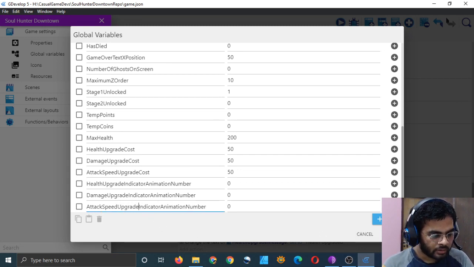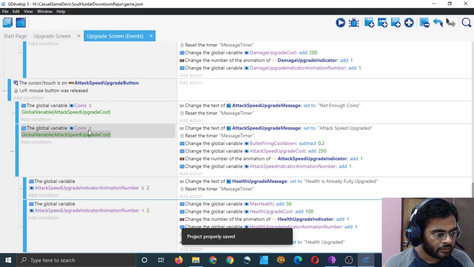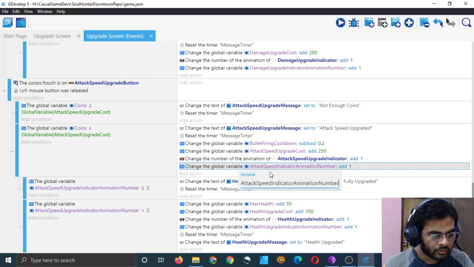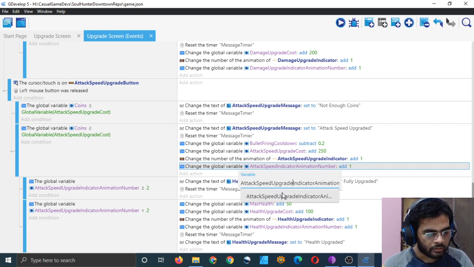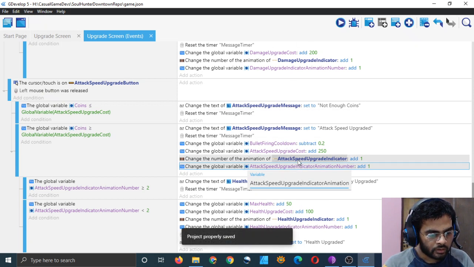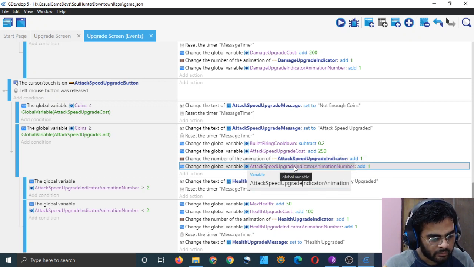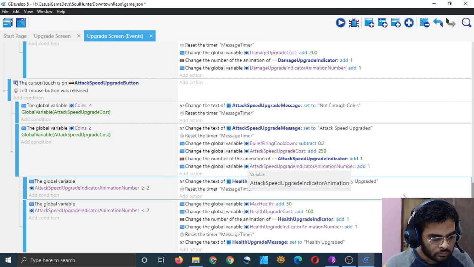Attack speed upgrade, that's why it was not showing. Now we have done it. Attack speed upgrade indicator animation number. Okay. Cool.